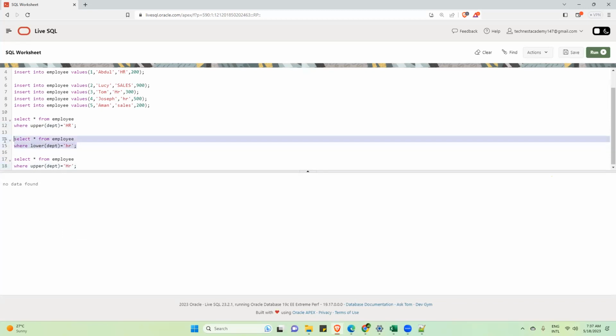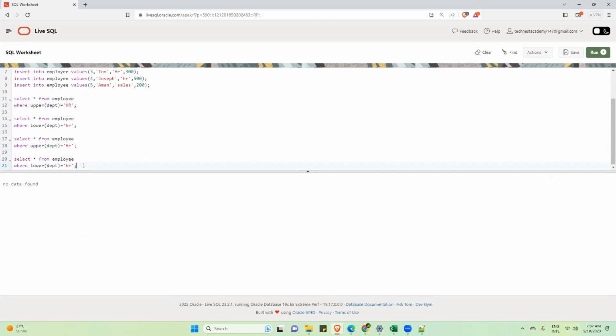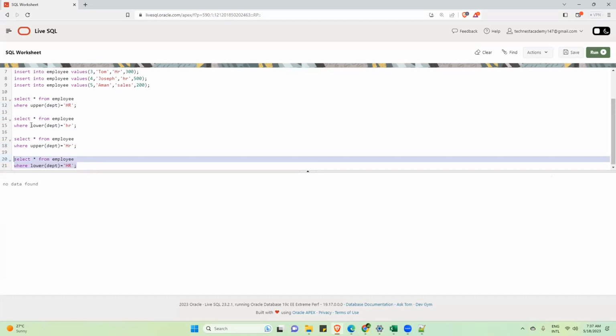Hope it is clear. Now this lower one, if I write this, then what will be the output? No data found. If you have written lower here, then this has to be lowercase only. This also we have discussed the reason yesterday. So this will give you no data found. So this is all we have discussed yesterday, guys.